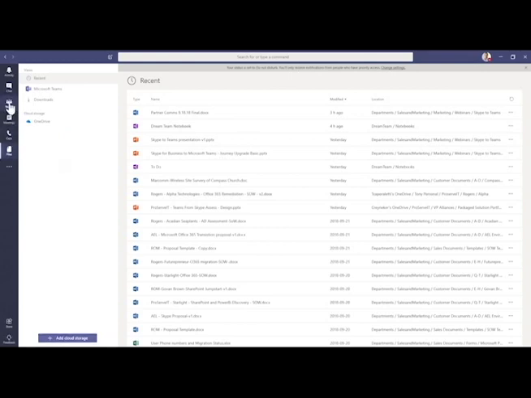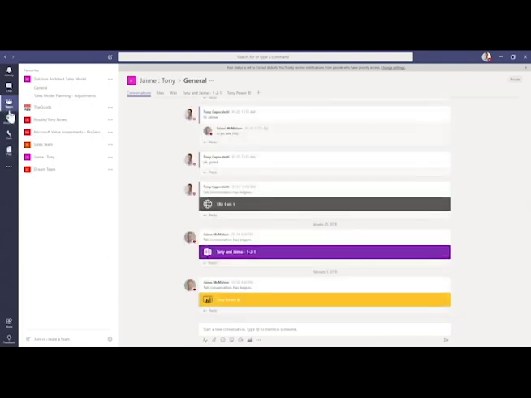So moving on here, the second important button is the Teams button. What's nice here is that now we can create different groups, what they call teams. Essentially, we can use these teams to collaborate with multiple different people, let's say in our organization or even external to our organization. And the nice thing is that we can have chats, we can create multiple channels as part of this particular team.